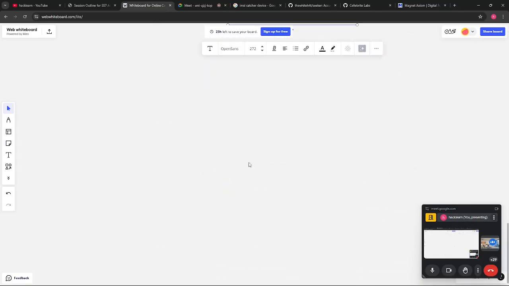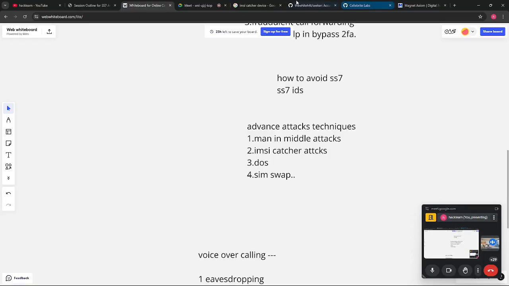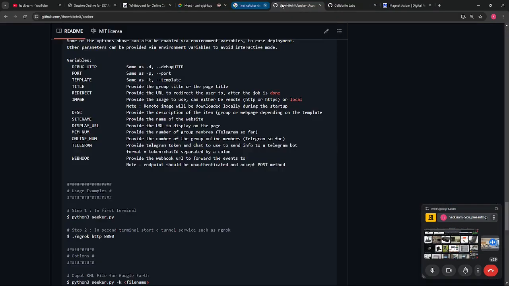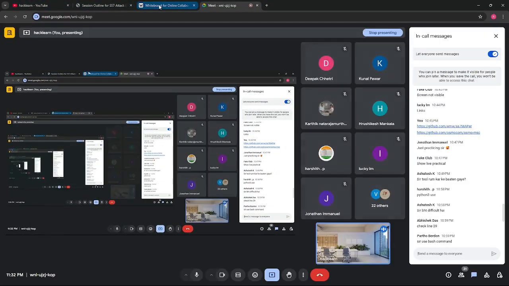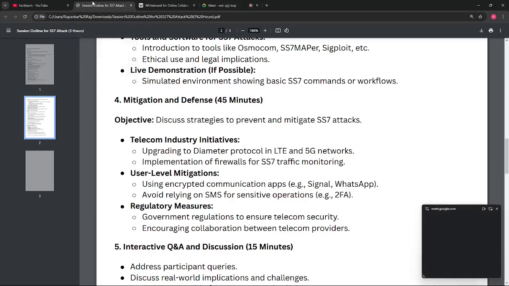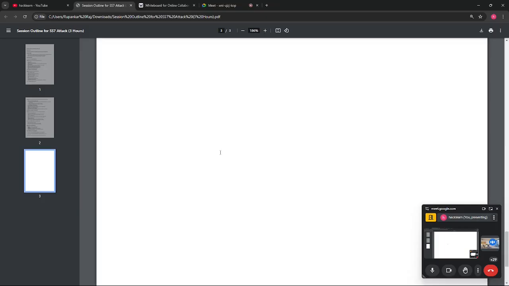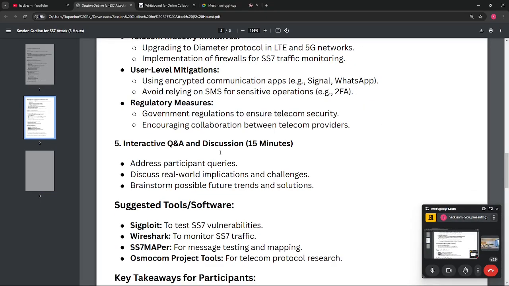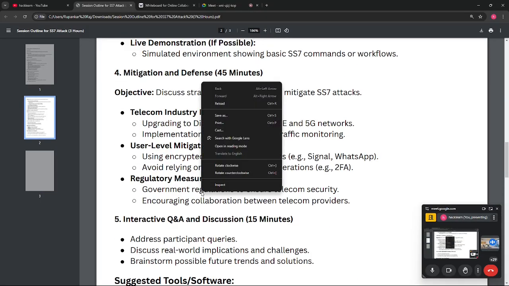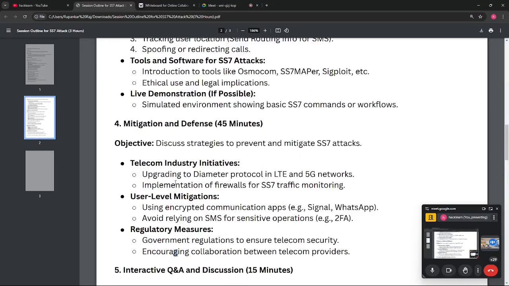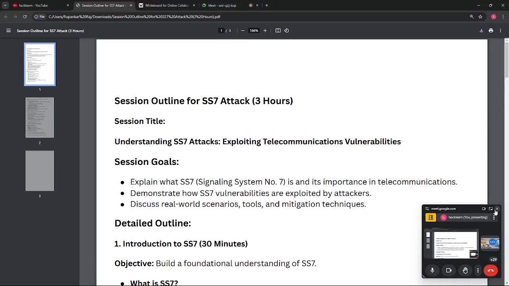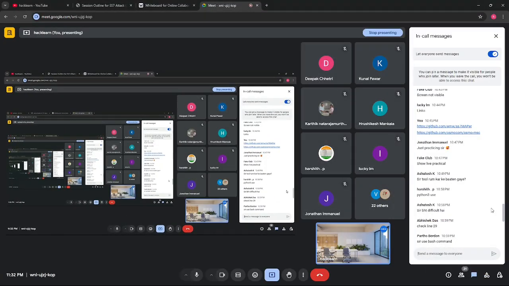I think this is the end of the session, and don't utilize all this information for any malicious purposes, malicious targets or malicious systems. Always try to be as legal as you can. I think I have discussed everything. Tools, I have discussed. Let me check. Reconmapper, okay, I have discussed this tool. Regulatory measures, okay, I have discussed everything. So you all have 5 to 6 minutes to ask questions, then I will be ending this session.